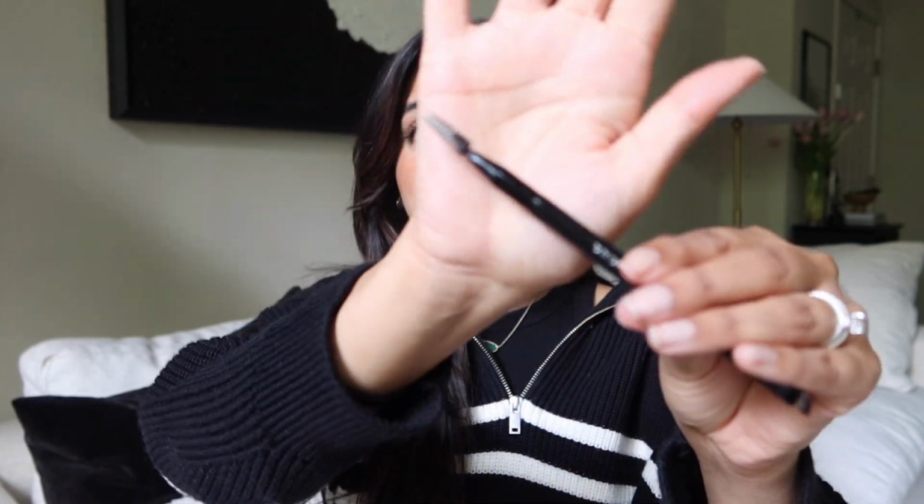To go along with this product, I did purchase this Sephora Pro Brow brush. It's their number 20 brush, and I don't really use the angle side because I have a different brush that I use for my pomade. It's also from Sephora, and I absolutely love that one. But this one is such a great brush, but I'm returning it because I don't know if you guys noticed, there's like white